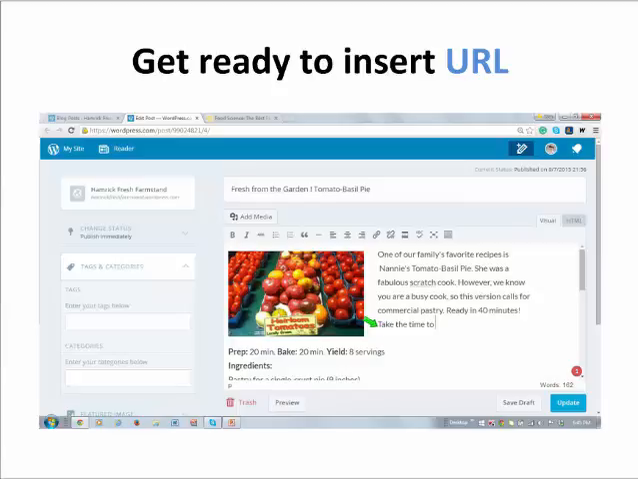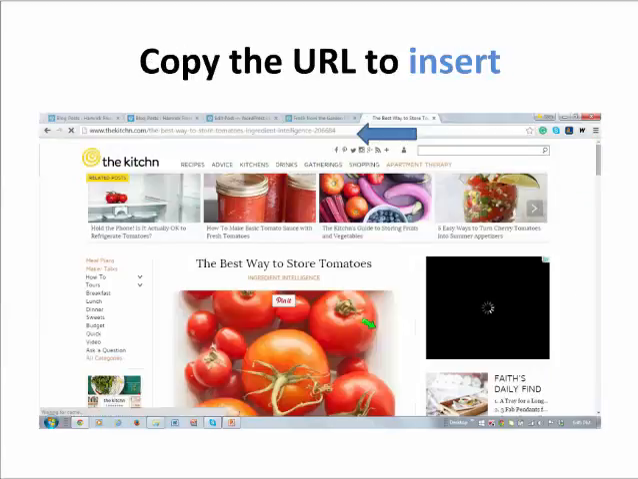You want to be very cheerful in your copy, but then it's nice to tuck in a little tip or a little extra information. Take the time to, well, what are we going to take the time to do? We're going to add a little information about the best way to store tomatoes. So we are bringing this page to our audience. So you're going to grab that URL,